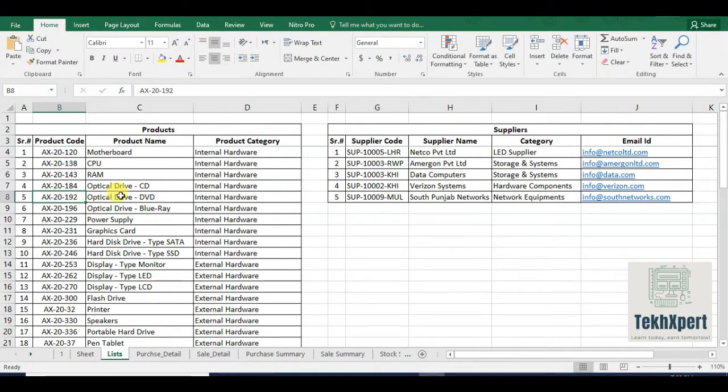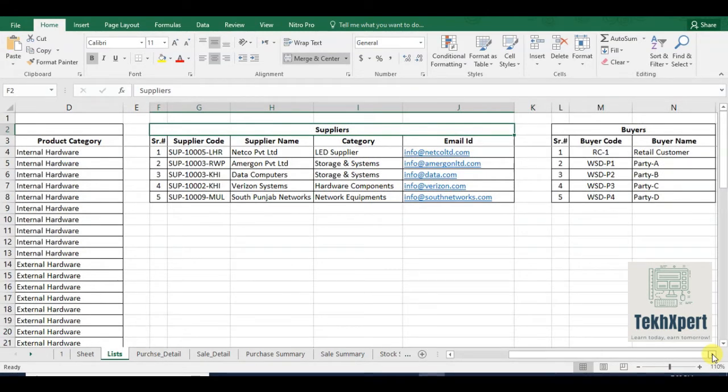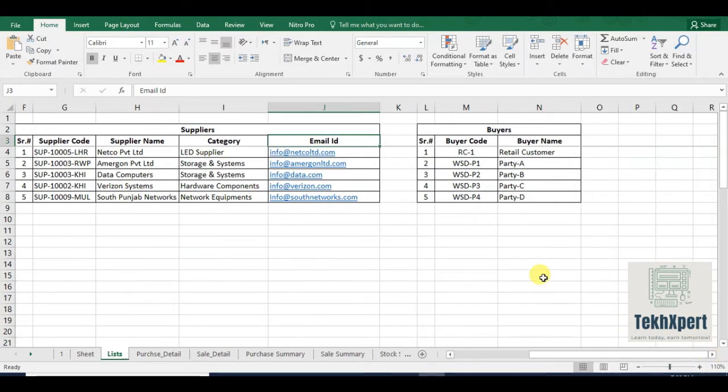It will help to perform the further actions. After that you need suppliers. Suppliers are those who provide you the goods, or the raw material to convert into finished goods. I have mentioned 5 items and given them unique supplier codes. Here is the supplier name, supplier category and email ID. Supplier code and supplier name are mandatory fields, while category and email ID are optional fields by me. It depends on you whether you need them or not.